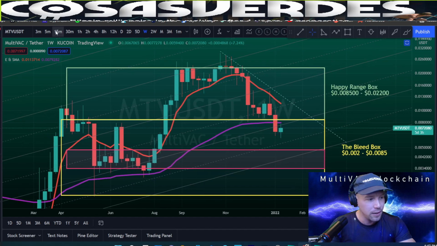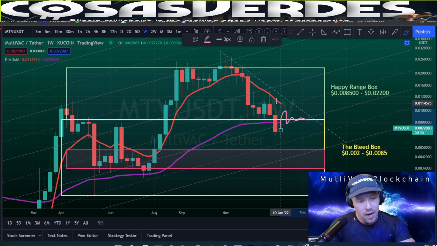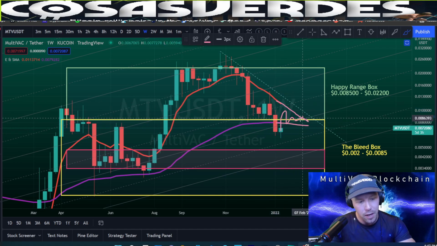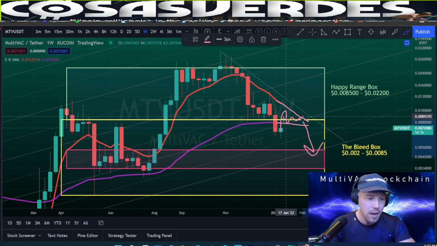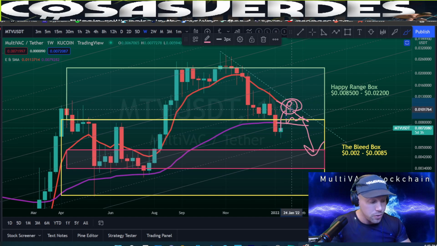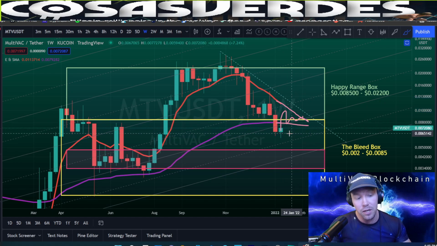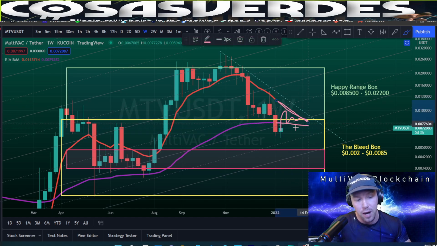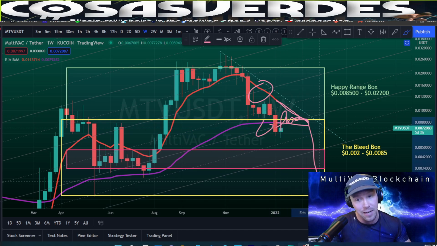So you can see the red line and the purple line here. I think price has a better chance of getting stuck here, and the red comes down to the purple and pushes it down, and then it hits that box. So it might wick up and hit that profit taking point of about 1.1 cents. It could do that because the weekly candle would wick up, then close here. But in general terms, I would be looking for this triangle to form with the weekly 10 and the weekly 89, and I would expect downside.